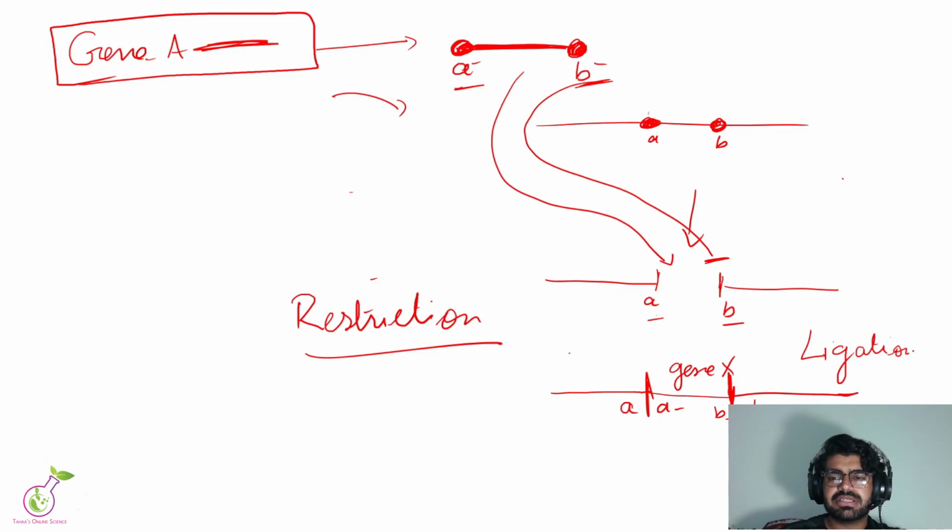Ligation is basically the joining of DNA, the joining of part of DNA, part of the gene, and the restricted vector that has a part of DNA cut by different restriction enzymes. Joining together is called ligation. The step is called ligation. So